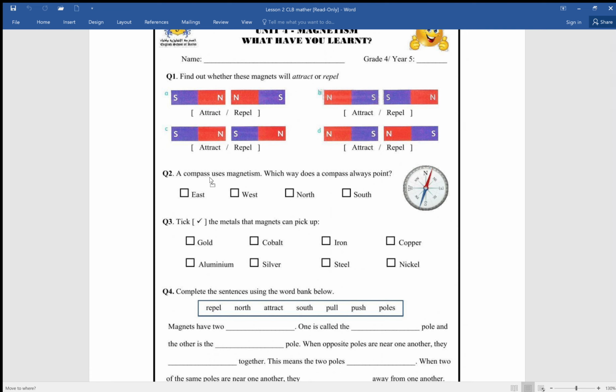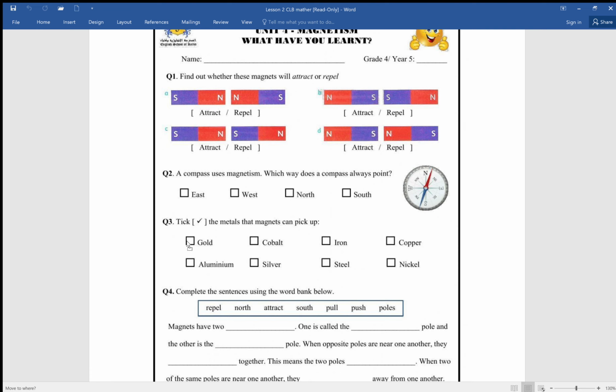A compass uses magnetism. Which way does a compass always point? East, west, north, or south? You can choose more than one answer. Yes, that is right. North and south. It always points north and south, because the compass will always give you the directions of north. It was used by sailors a long time ago when they didn't have GPS or Google Maps. So be grateful that we have it. Or maybe not. Anyways,